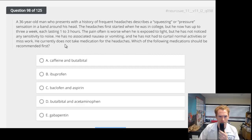Okay, so likely migraine, but more like tension headaches because maybe he only has a little photophobia. So caffeine and butalbital, that would be more for migraine. Ibuprofen, baclofen, and aspirin. Butalbital and acetaminophen, gabapentin. So I think that they're going for these are more like stress-related tension headaches because he doesn't have a lot of migrainous features. So maybe they're getting at baclofen and aspirin, or I mean, it's a little bit,